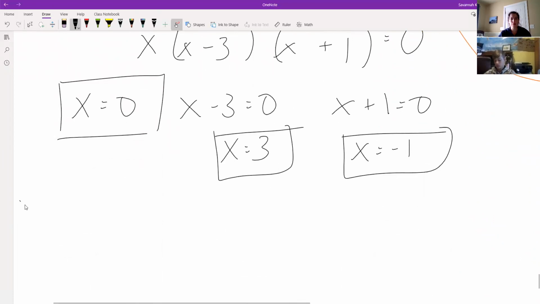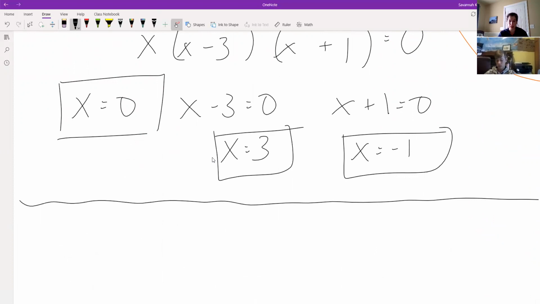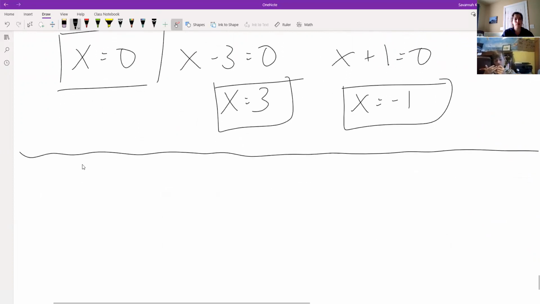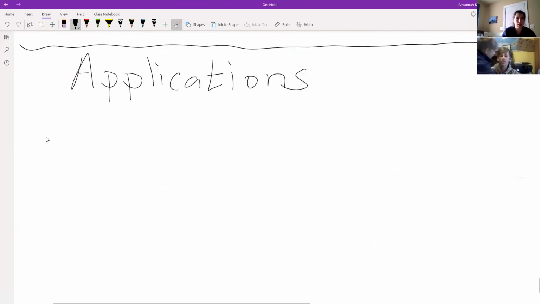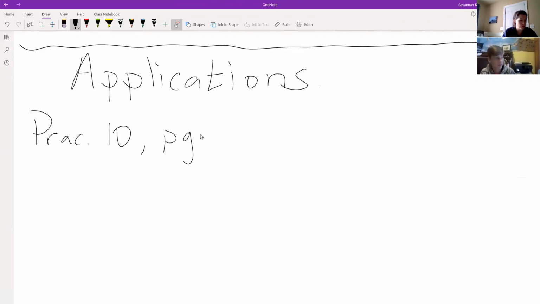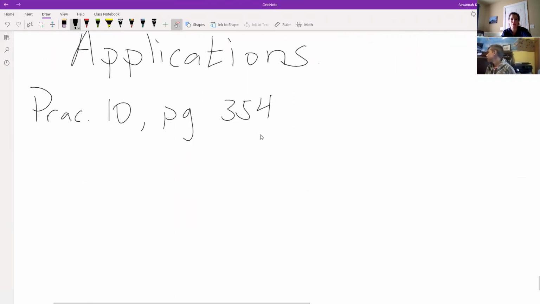Okay, the only thing we have left to do is really see a couple of quick ways that this idea can be applied. And usually that means word problems. Sometimes, not always. The first thing I wanted to show you, and this is jumping all the way to the end of the section, is applications. There's several of them in the book, but I'm only picking a couple because one of them at least was way more work than it was helpful. So back at the end, we haven't talked about graphing in a while,